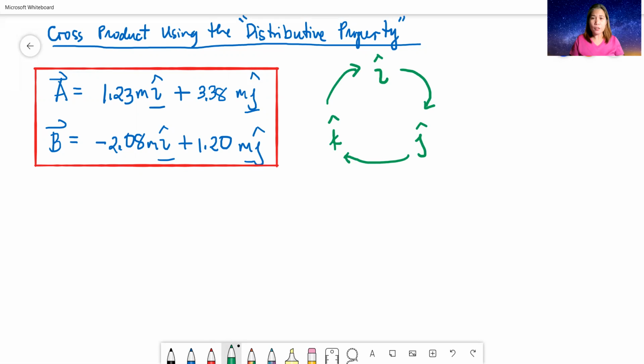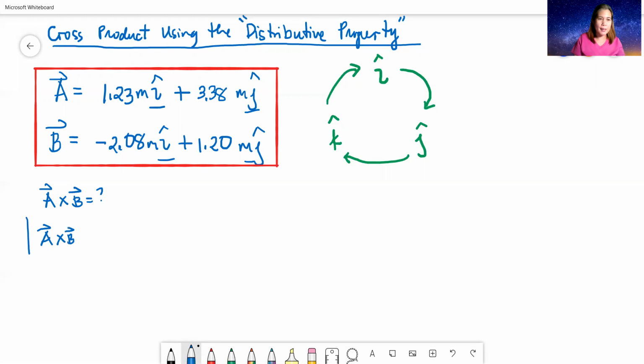The cross product will be the third unoccupied axis. And then if you cannot go clockwise or you cannot go counterclockwise because it's just I cross I or J cross J, so that's an indication that the cross product of those two vectors is 0. Okay, so how do we do the distributive property? So if the requirement is A cross B, that's the unknown. So we say A cross B.